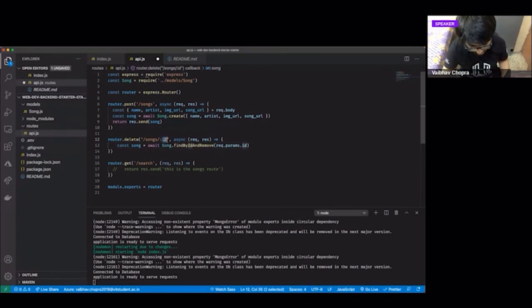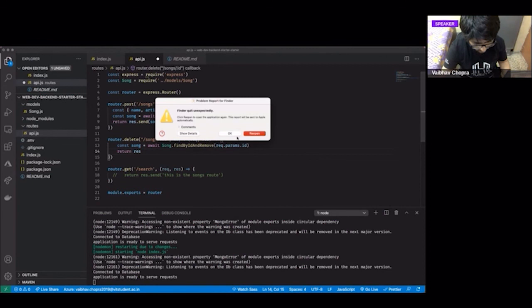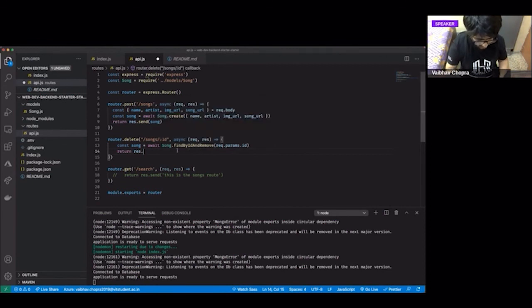Request.params.id is this ID which is passed in the URL. So you have to await the removal of this. And once it is removed, you can send back the song which you have deleted. Okay. Because this is the final time that that person will be able to access this song. After that, it will be deleted.